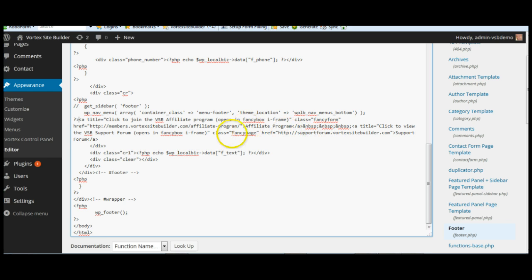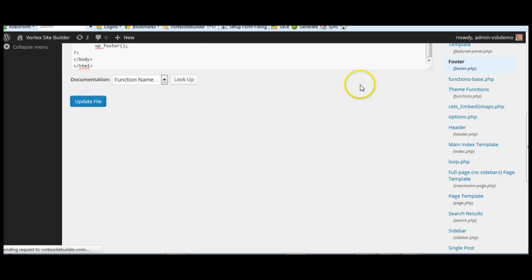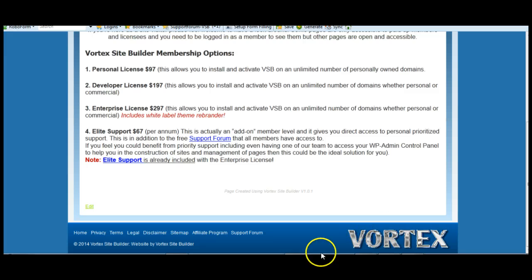And what you'll do, of course, is you'll change the title to whatever you want the title to be. Instead of click to join the VSB affiliate program, you'll click to change that title. You'll change the title to suit whatever page it is that you're referring to, and then you'll actually change the href. This is the actual URL reference for the site. So you'll drop in whatever URL you want, this is the actual page link itself, affiliate program, to go to. So we go back and first of all we'll just update the file, and you'll see when we go back here to